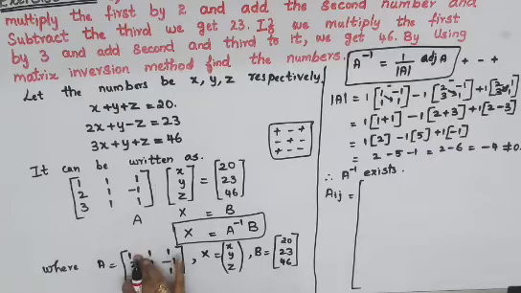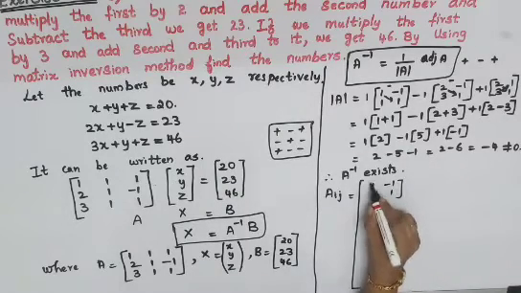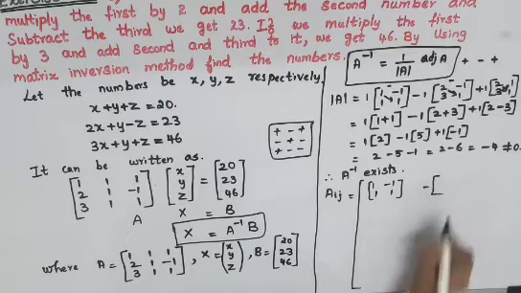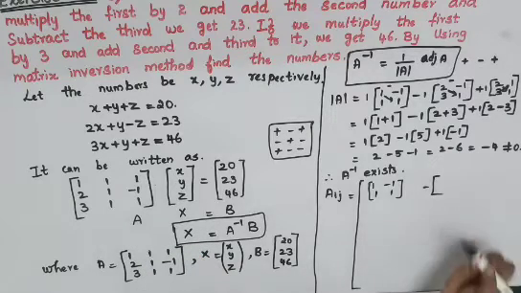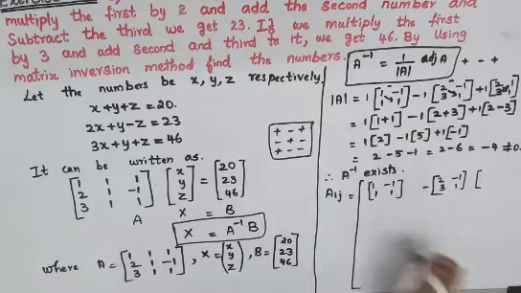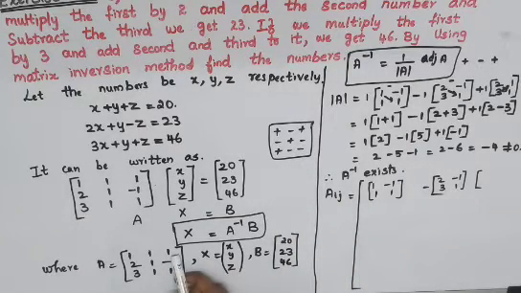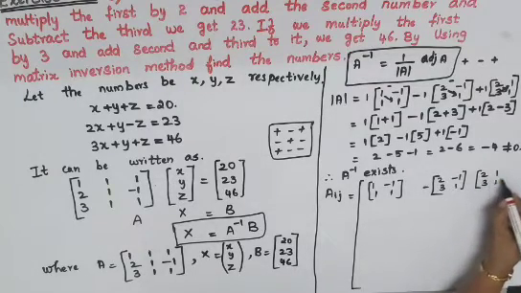So this symbol format you will have to insert it over there. So for 1 you will have to find the minor of 1. So removing the row and the column, you will get 1 minus 1, 1, 1. The next one is minus, so open your bracket. Then for this one you will have to find your cofactor. So removing the row and the column, you will get 2 minus 1, 3, 1. Then open your bracket plus last one, that is in your last element in your first row. So for that you have to find the minor. So removing the row and the last column, you will get 2, 1, 3, 1.